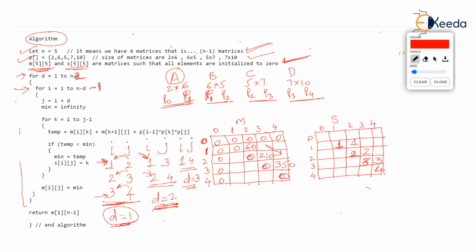And given the value of i, now finally, given any value of i, j is always i plus d. Observe, in this loop, j is always i plus d, because when i is 1, check this arrow which I am pointing, j is 2. That is 1 plus 1 because d is 1. So i plus d, isn't it? When i is 2, j is 3. That is nothing but 2 plus 1, 2 plus d. Check for any example, for example this which I am encircling. When i is 1, j is 1 plus 2, that is 1 plus d. So j is always i plus d.